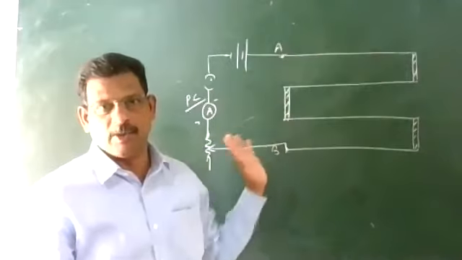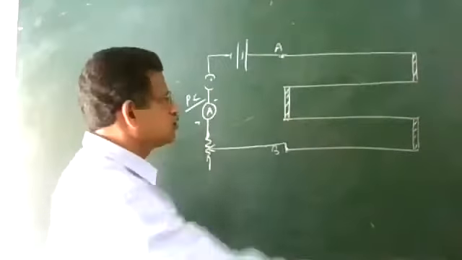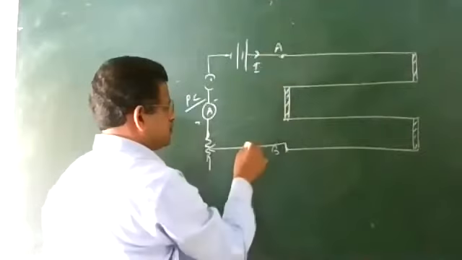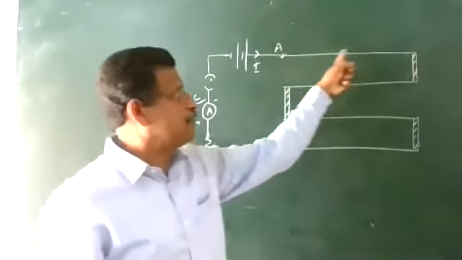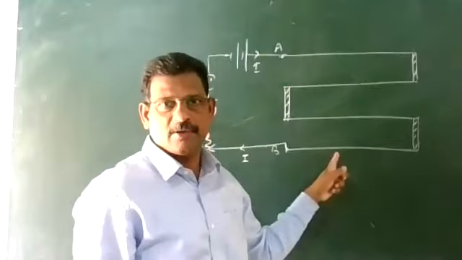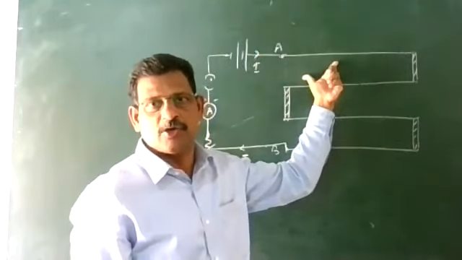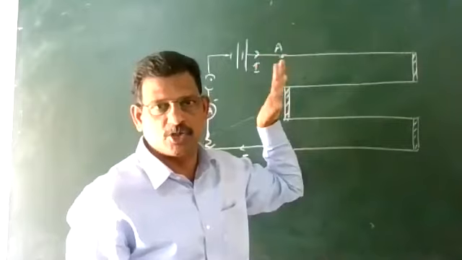To activate the potentiometer wire, the circuit will provide the current. Suppose the current I is flowing. The same current will flow through the potentiometer wire. Since it is a resistance wire, between any 2 points there will be a potential difference. So this is the construction part of the potentiometer wire.